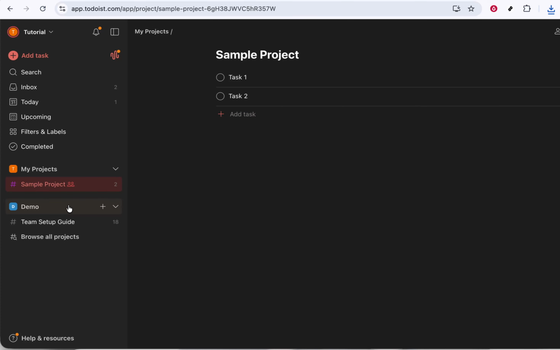First, open Todoist on your computer or in your browser and make sure you're signed into your account. On the left-hand side, you'll see your list of projects. Go ahead and select the project that contains the task you want to turn into a subtask, or the task you want to add subtasks under. Just click once on the project name, and the main view will update to show all of the tasks inside